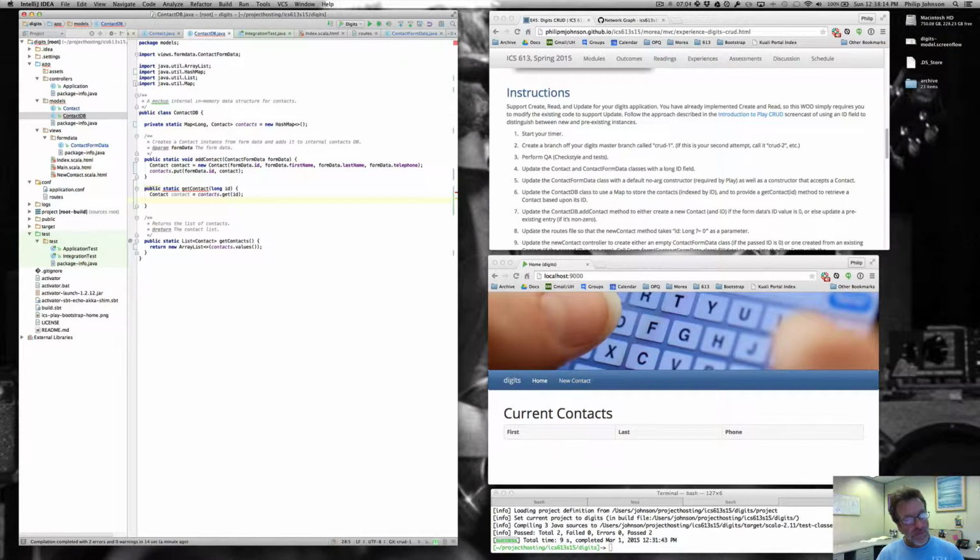Now the question is, what happens if we pass an ID and there's no contact associated with it in the database? Then it's going to return null. What do we want to do in that case? Really what we want to do is throw an exception, because that should never actually happen in this application. So what we can say is, if contact equals null,